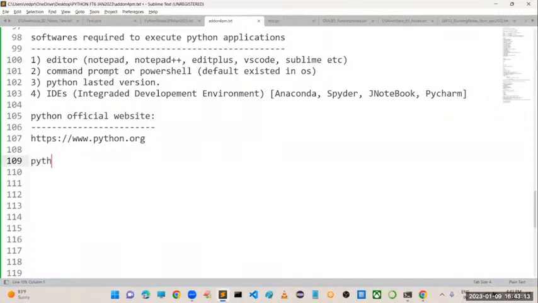And I told you what different Python versions exist. Python 1.x is there, Python 2.x is there, and Python 3.x is there.